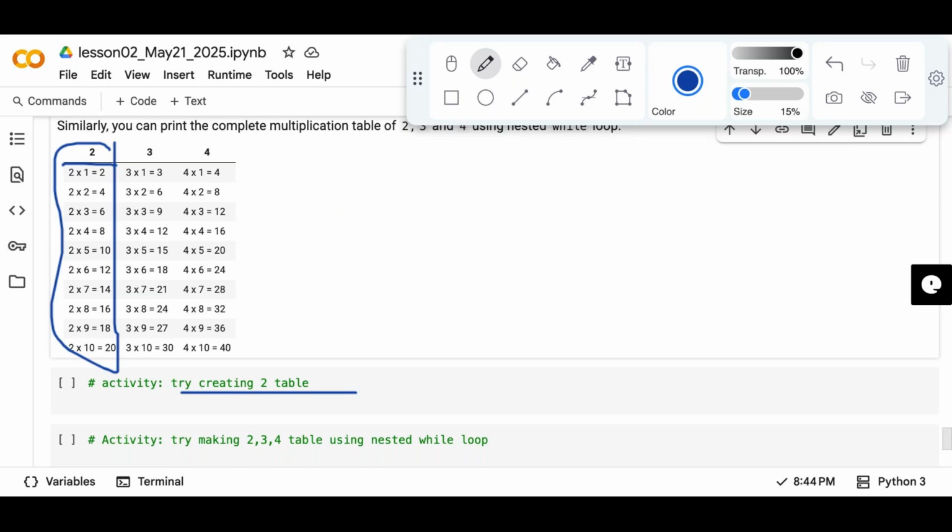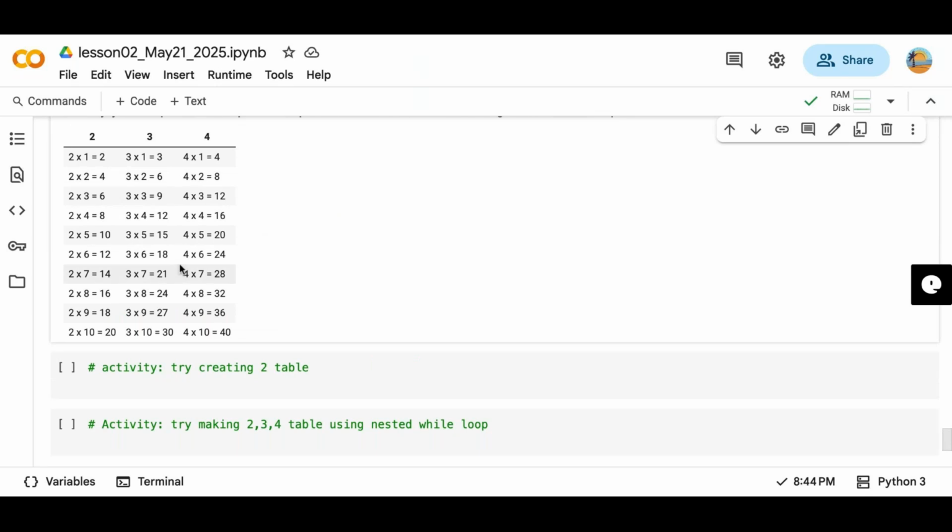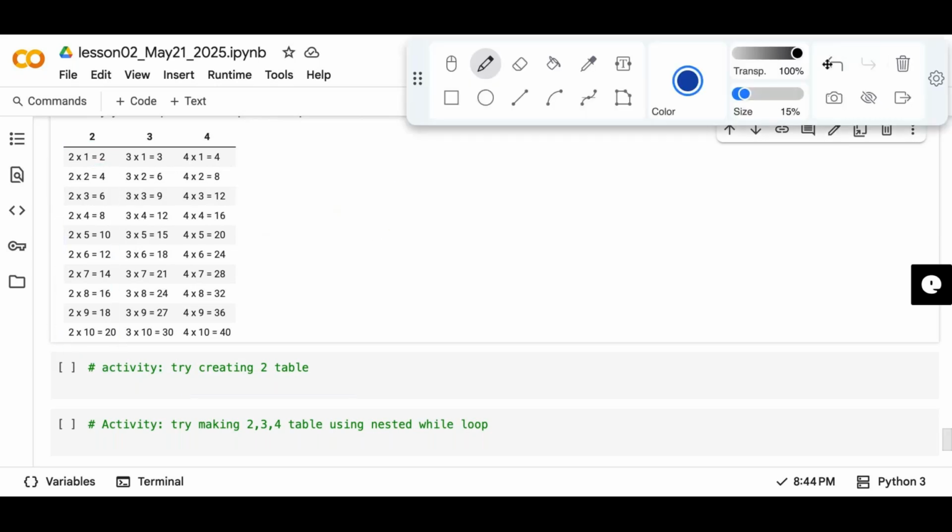Then we'll see how to create the 2, 3, 4 table at once using the nested while loop. So this is the last activity for today. Just try the two table. If you are able to do a simple two table, either you can try this way: instead of having the whole 2 into 1 equals 2, you just try to print the values 2, 4, 6, 8, and so on till 20